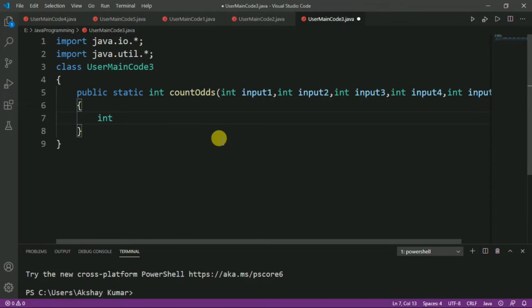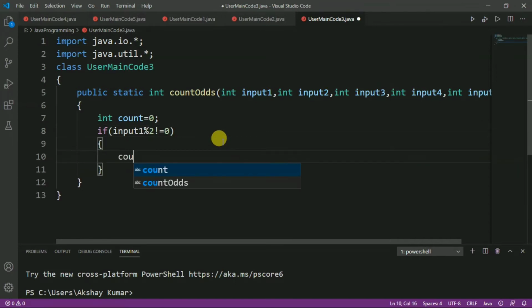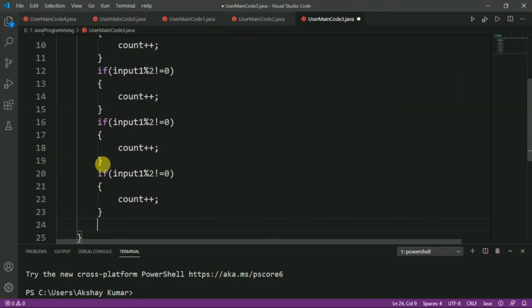Now, we will define the variables, let us say count, and we will initialize it to 0, and after that we will write the condition for odd numbers. So, if input1 modulus 2 is not equal to 0, then we will increment the count value, and let us copy this, because we have to apply this condition for all the 5 input parameters, and paste here 4 more times. So, 1, 2, 3, 4,